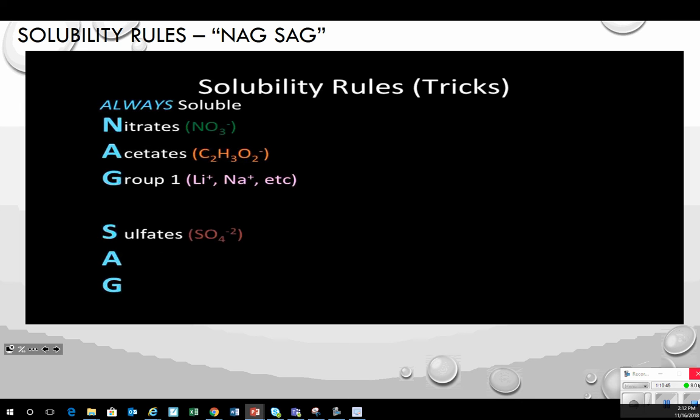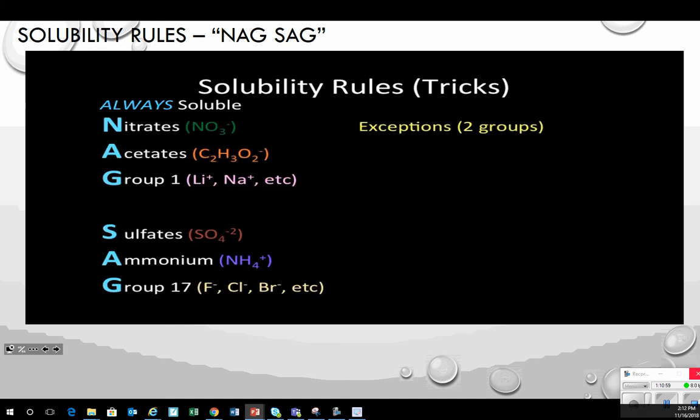S is for sulfates, which is SO4 minus 2. A is for ammonium, NH4 plus. And lastly, of all the soluble ones, group 17 nonmetals, such as fluorine, chlorine, bromine, iodine, and more. Even though I told you that these elements and molecules are always soluble, I lied, because there are two specific